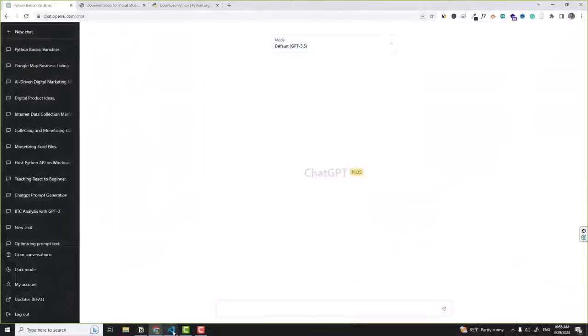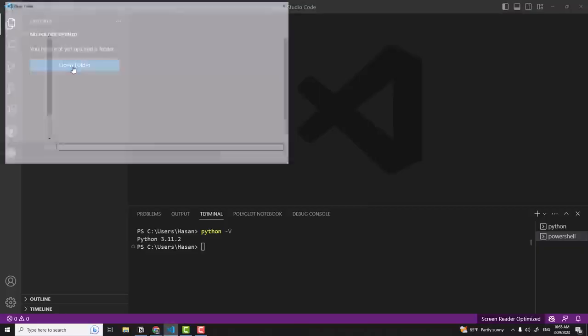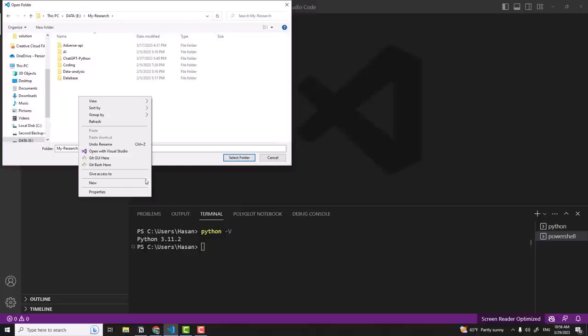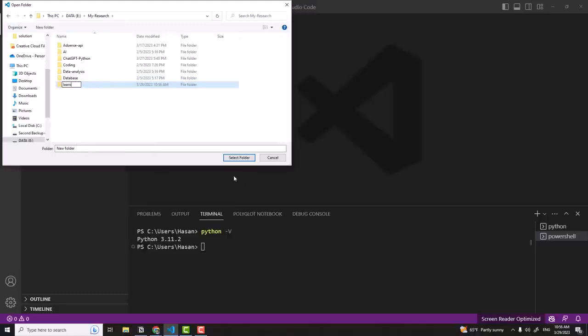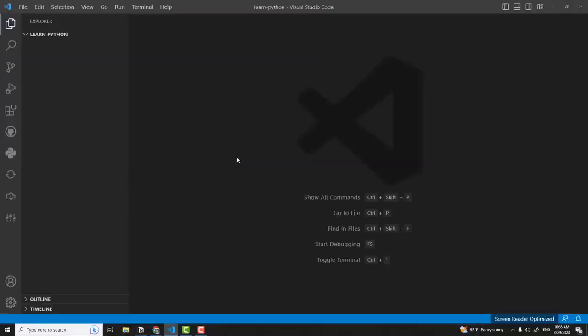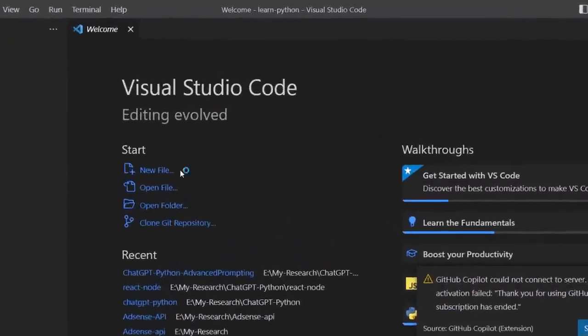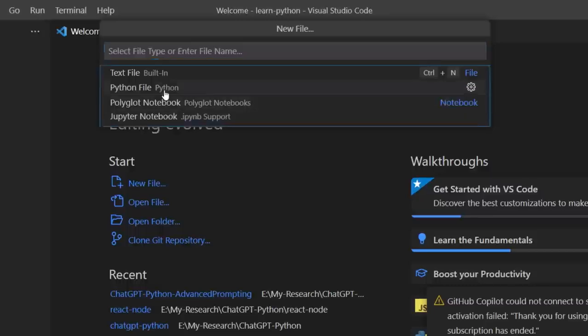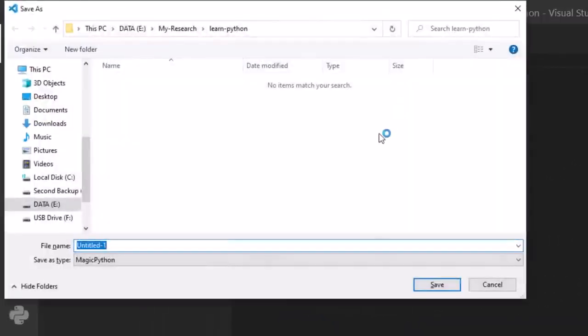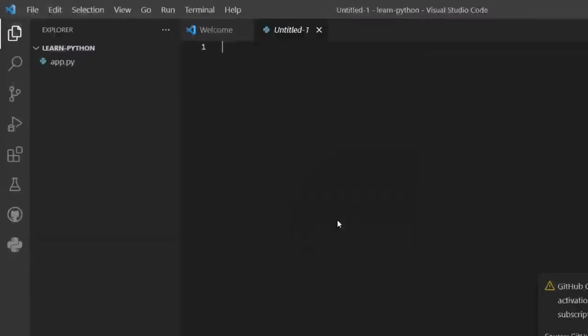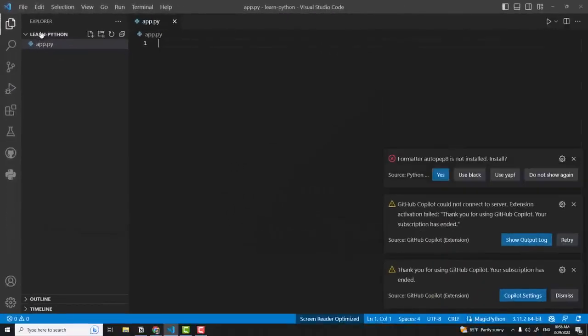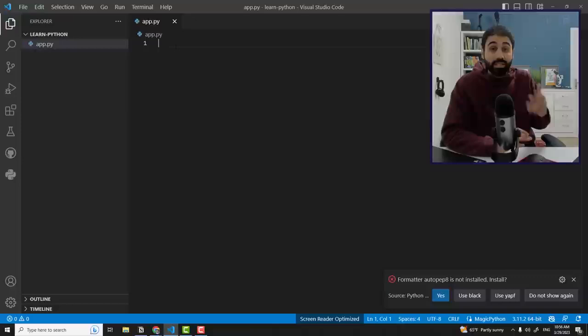I will go here to Visual Studio. I will click on Open Folder. I will create a new folder, Learn Python, whatever. Open and select folder. And here we are. Click now on New File, select Python file. I will save it inside this folder and I will call it app.py. py stands for the Python extension. So click on save, and now we have the file inside our folder